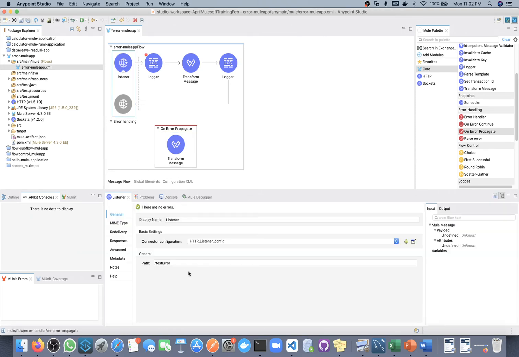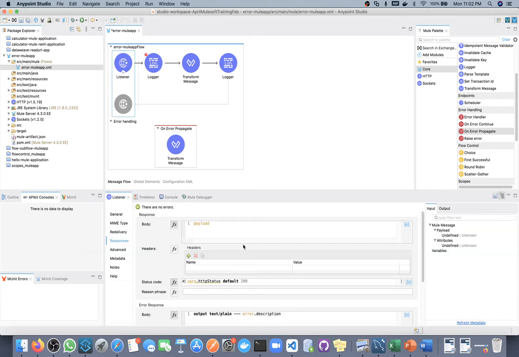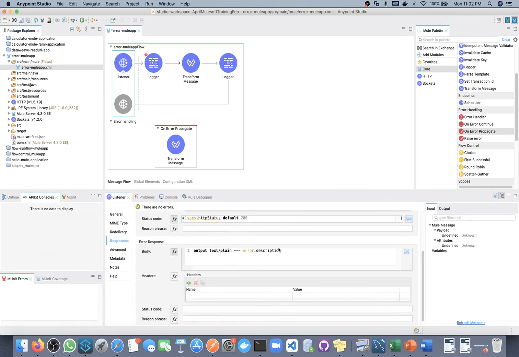In case of error we are sending this error description. So first time we will see if we get this error description, then second time, instead of sending this, I will send that body, meaning I will send the payload we have created here.